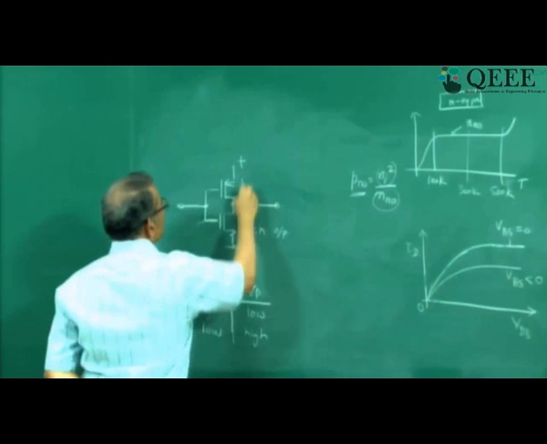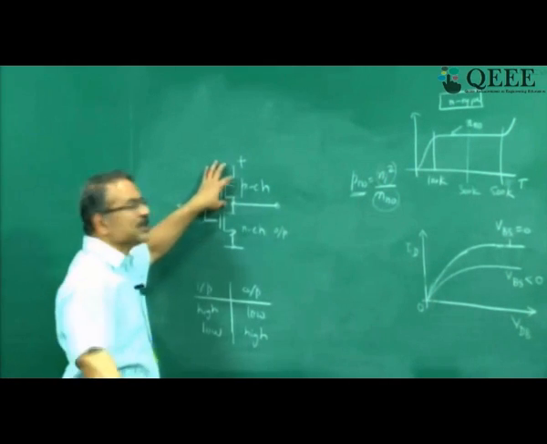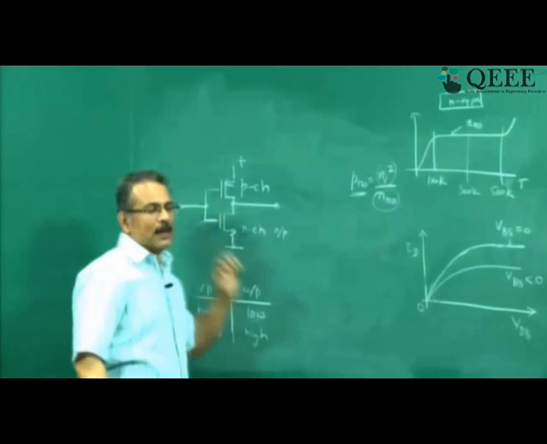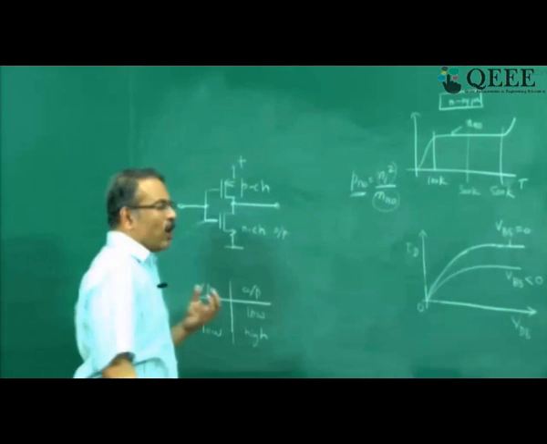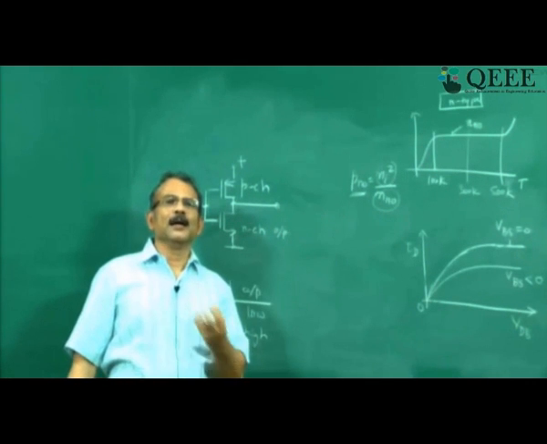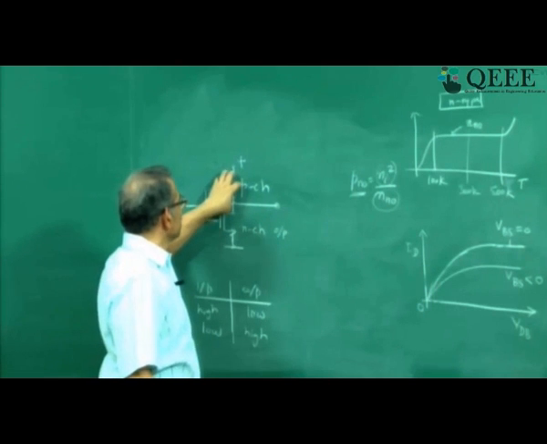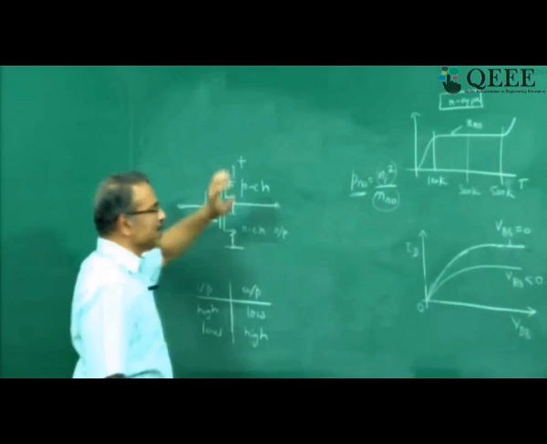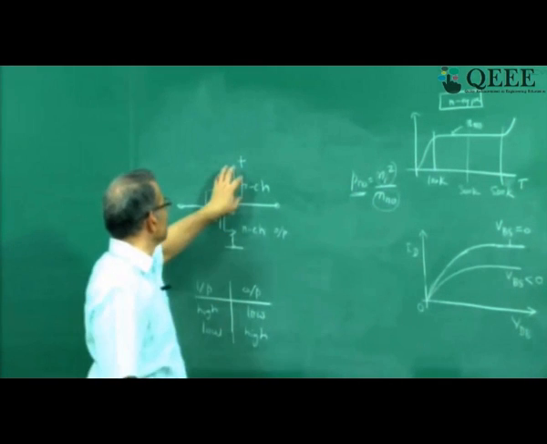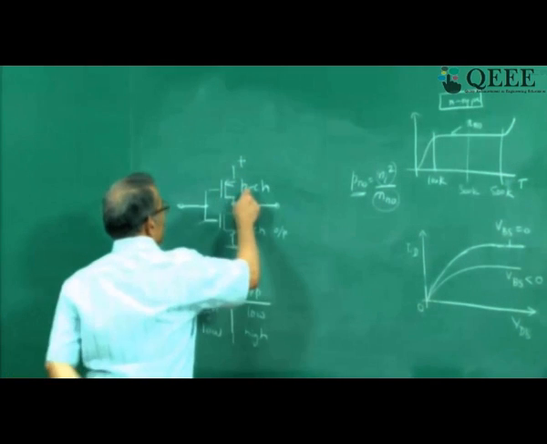This is a P channel and this is an N channel. Now what is the advantage of replacing the resistor with a P channel? You can do some calculations and you will find that it occupies a smaller area in an integrated circuit to actually make a MOSFET. So the appropriate MOSFET that you can use here is P channel. Why not use N channel? Well, there are circuits available in which you can create the resistance out of an N channel device. But the advantage of P channel is the following.